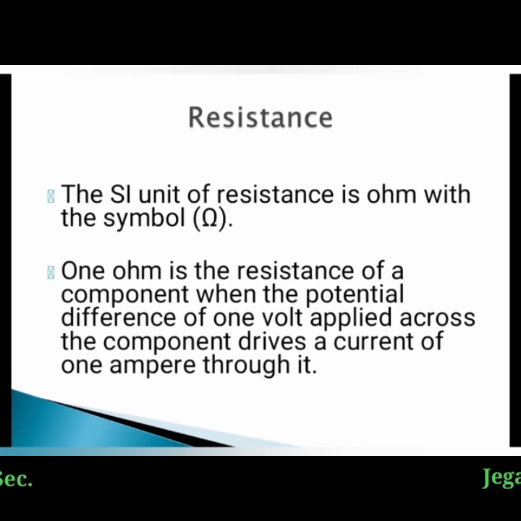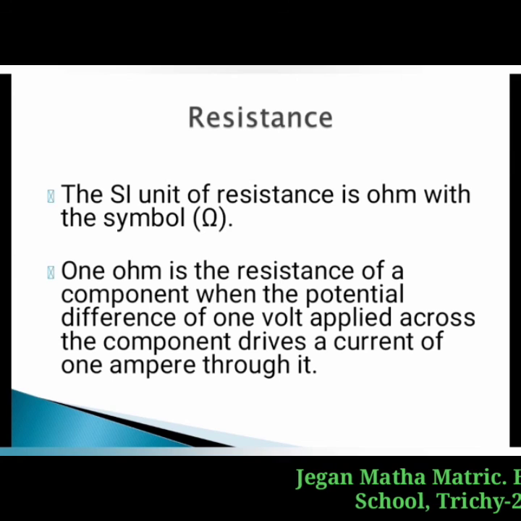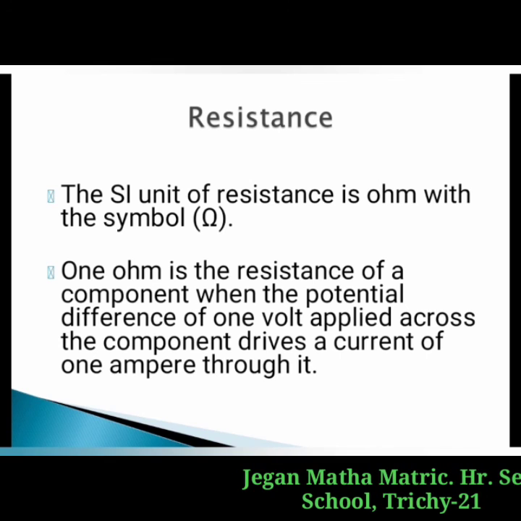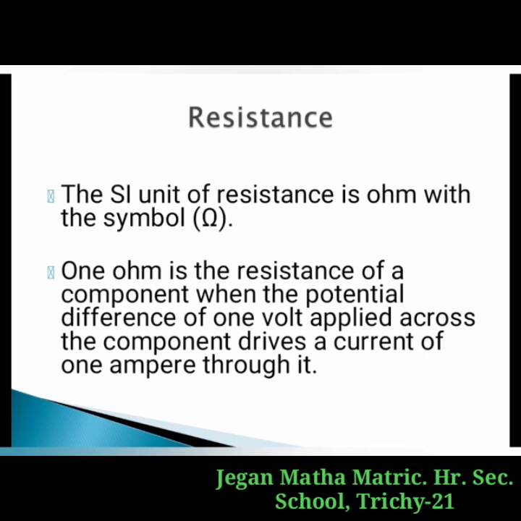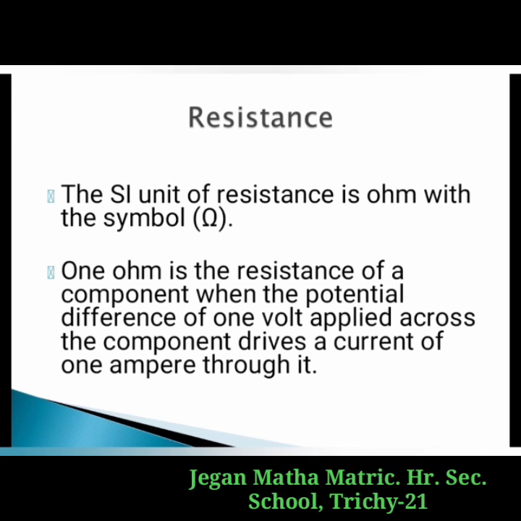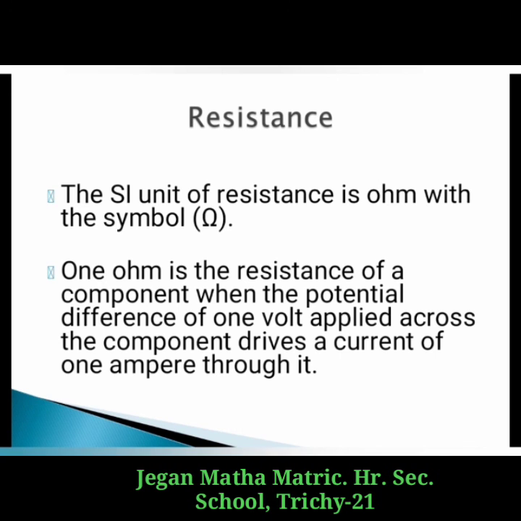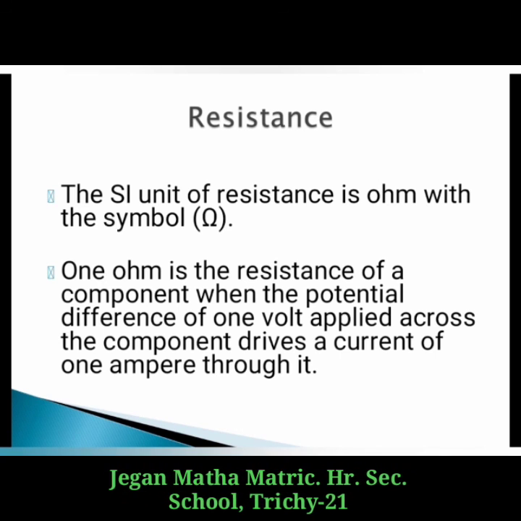Resistance. The resistance R is the measure of opposition offered by the component to the flow of electric current through it. The opposition to the flow of current is caused in terms of opposition to the flow of electrons by other electrons and the thermal vibrations. Different electrical components offer different electrical resistance. Even the conducting wires offer resistance to the flow of electric current through them, but it is very much negligible. Metals like copper, aluminum, etc. have very much negligible resistance. That is why they are called good conductors.